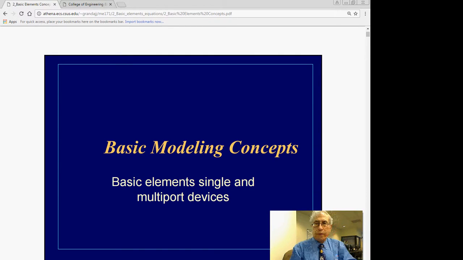We are going to discuss the basic modeling concepts using bond graphs. We have looked in a previous video at what the cause and effect is between two elements, and now it's time to relate those to the different systems that we see in nature. So let's take a look at some of these